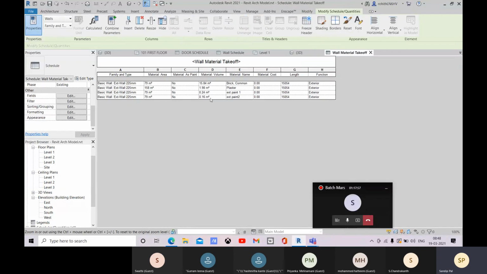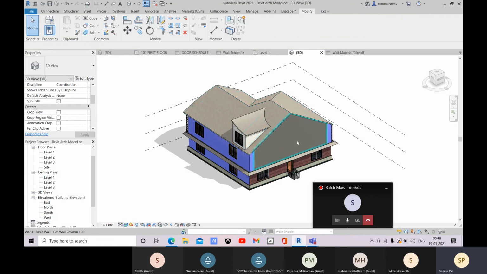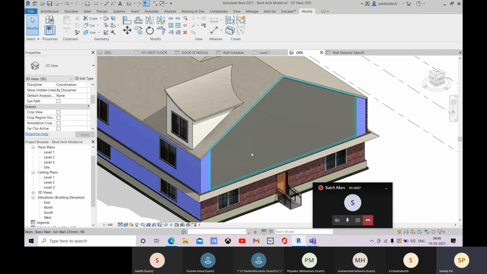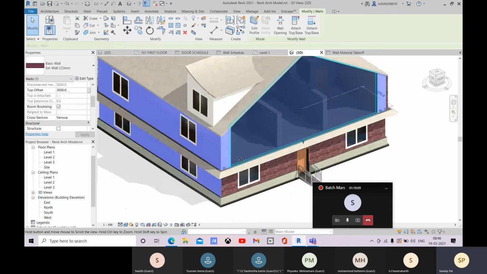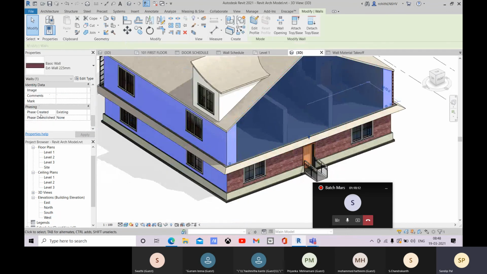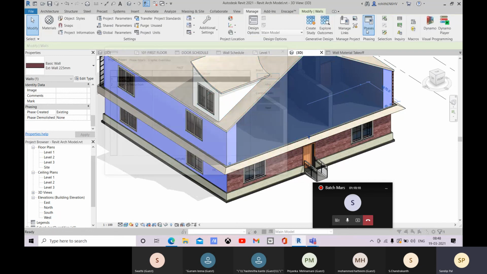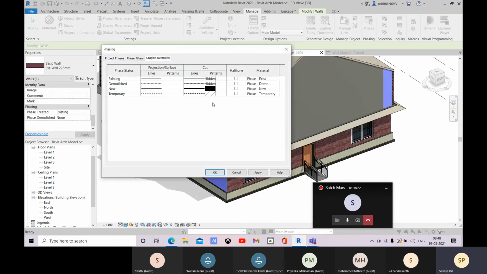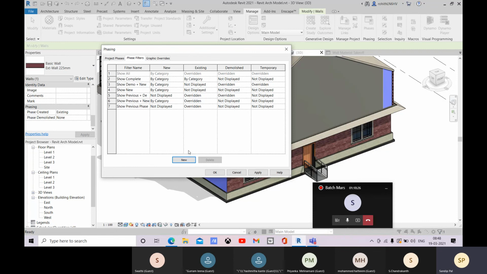Yeah, so here it is. Okay, sorry, I forgot that I have added this to existing, so as per that we are having it, right? So here you see that as per this we have this graphics override, or this phase filter.